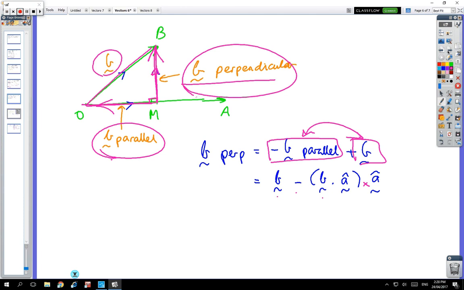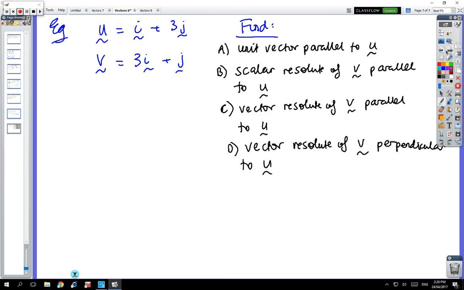I think the next one must be the example. I've got two vectors, u and v. I'm going to find the unit vector parallel to u, then the scalar resolute of v onto u, a vector resolute of v parallel to u, and a vector resolute of v perpendicular to u. Even if this is the question you're asked in the test, you've got to go through all of these steps to get to that final answer. So we'll start off with